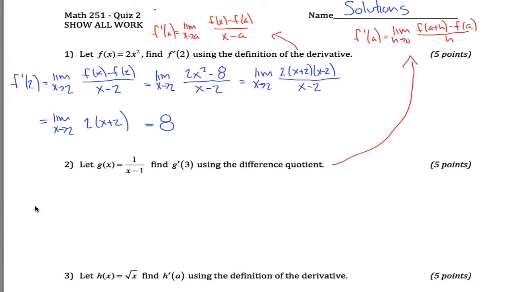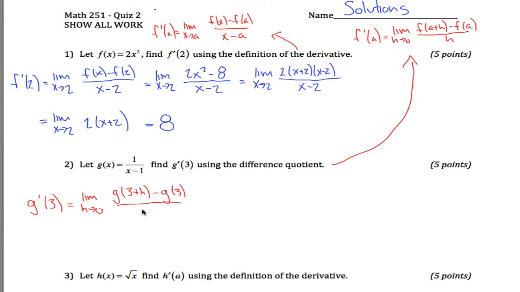Okay, fine. The difference quotient tells me that g prime of 3 is going to be equal to the limit as h approaches 0 of f of 3 plus h. Nope, not f, g. Change the name of my function. g of 3 plus h minus g of 3,